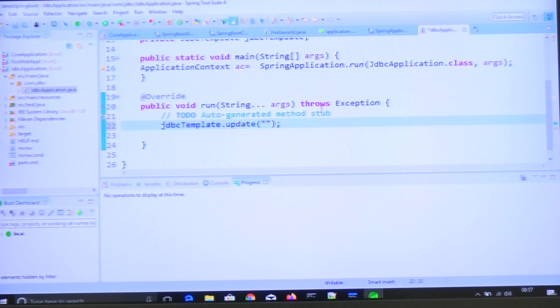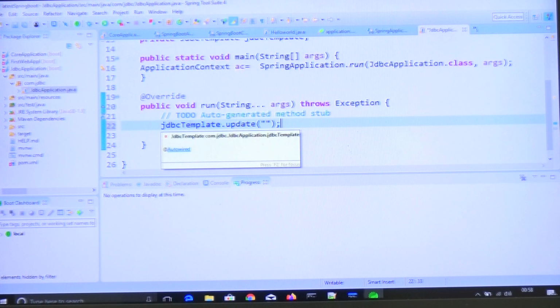Here, have you defined any JdbcTemplate? No need to define it, because there is an auto configuration class already there for JdbcTemplate. That is the reason we need not configure JdbcTemplate as a bean.